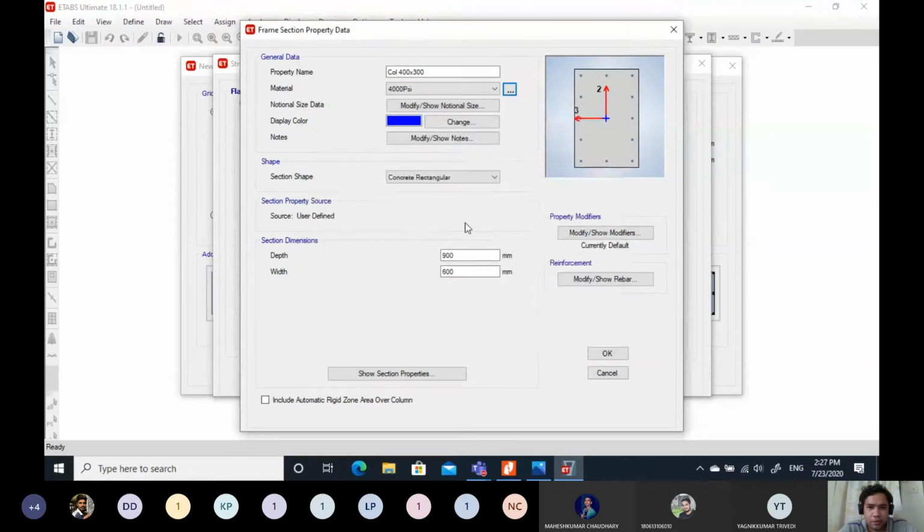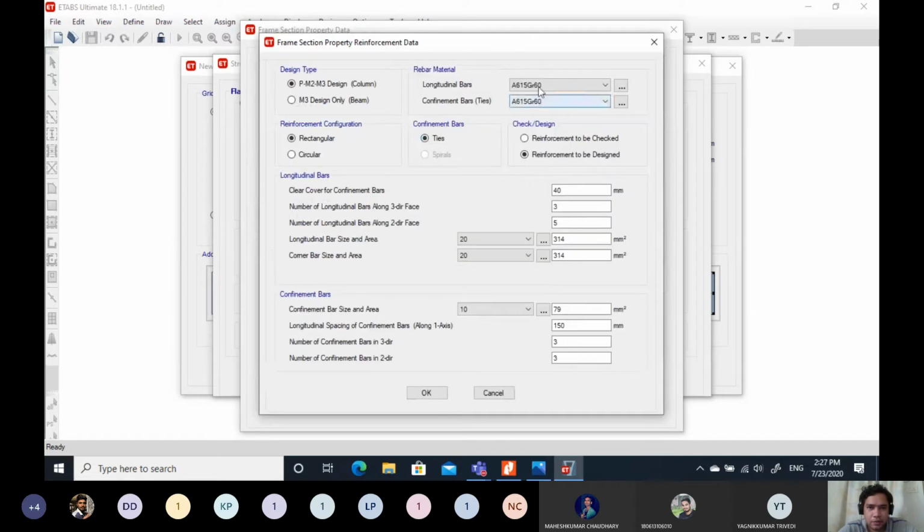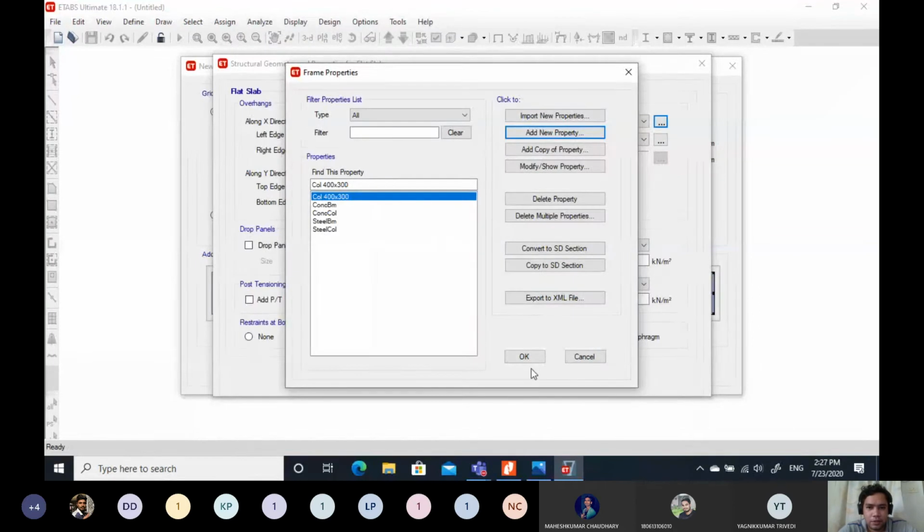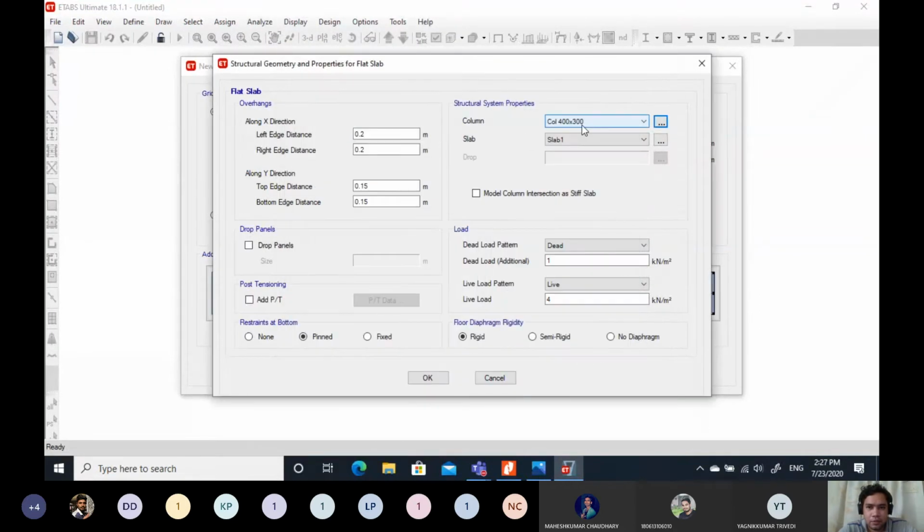Now the depth is 400 and width is 300. Modify rebar, this is 415, 415. Click OK and OK. So column property is added. You select this column property.